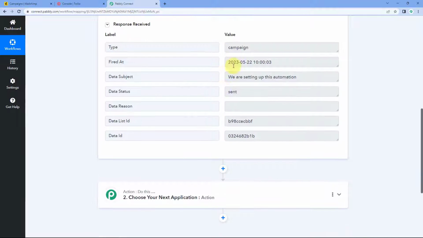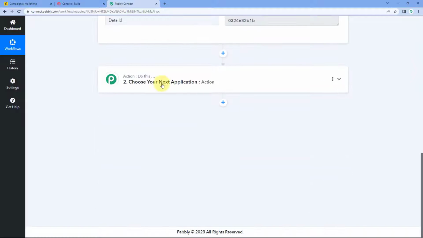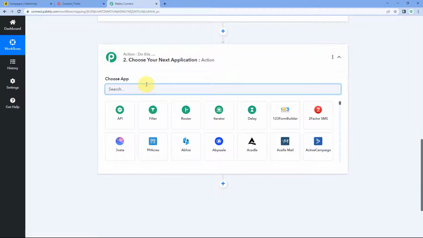And in step 2, we want to get an SMS notification on our number whenever this campaign is created and sent from our MailChimp account by our team members. So I have a dedicated marketing and sales team who are managing my MailChimp account, and I want that whenever they send an email or they create a new campaign and send an email to my customers, I want to get a notification. So for that, we will just scroll down, come to our action window, and here in choose